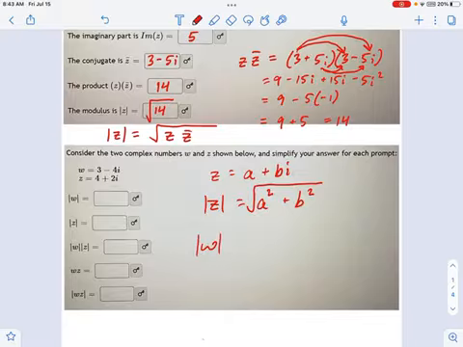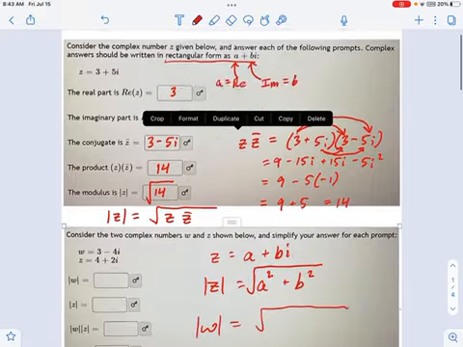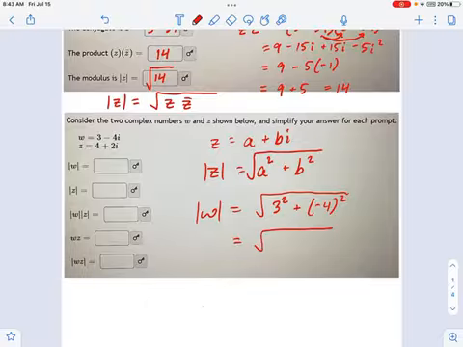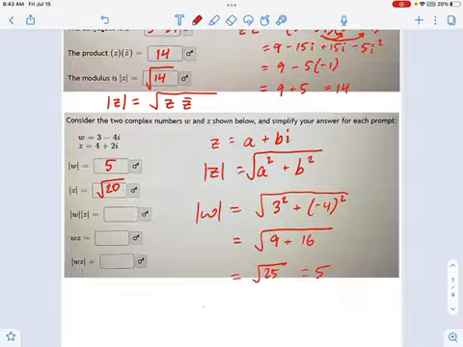Let's say I want to know the modulus of w. Well, that is the square root of, in this example, see what a and b are? They're 3 and negative 4. So this becomes 3 squared plus negative 4 squared, which you might remember from triangles. This is a common Pythagorean triple. This becomes the square root of 25, which is 5. So we've got a modulus of 5 for w. And z, if you want to do that one quickly, that is the square root of 20. You can't turn that into a nice number with no square root. You could turn it into 2 radical 5 if you want.